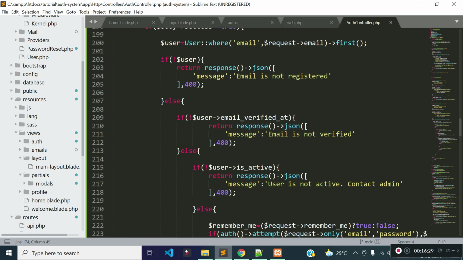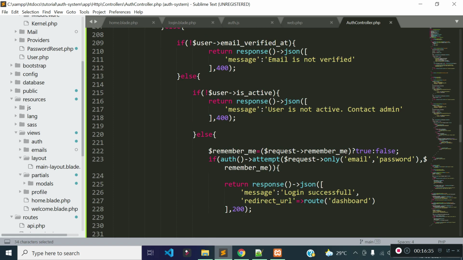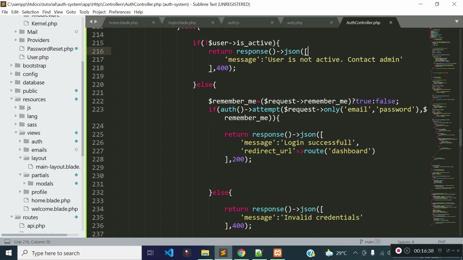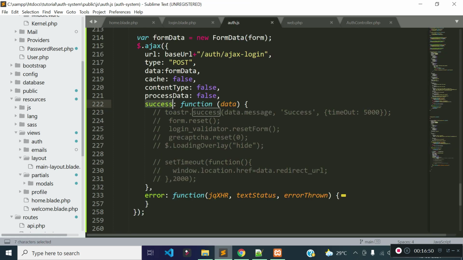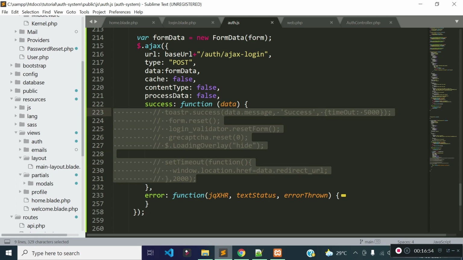If something is wrong, then it will return a 400 status code with a message. And if all data are valid and credentials also match, then we are returning a message login successful and redirect URL with a status code of 200. That means this success callback will be called whenever there is a success response from the server.